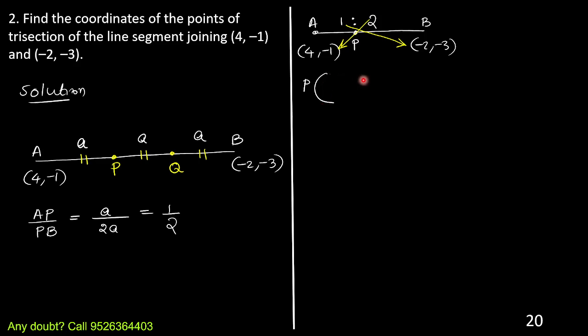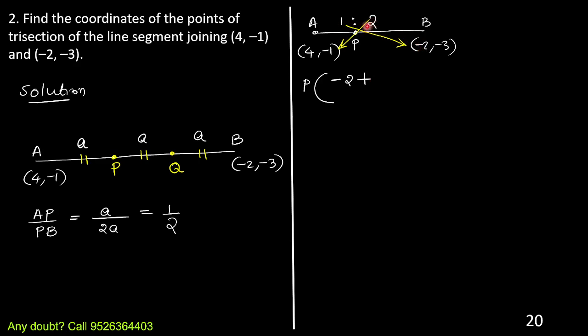That's why (m x2 plus n x1) by (m plus n), (m y2 plus n y1) by (m plus n). Okay. So along the arrow, you do the multiplication. 1 into minus 2, minus 2. Initially, we multiply with the x coordinate. 1 into minus 2, minus 2, plus